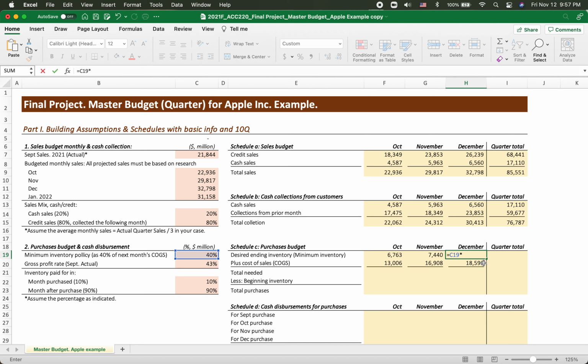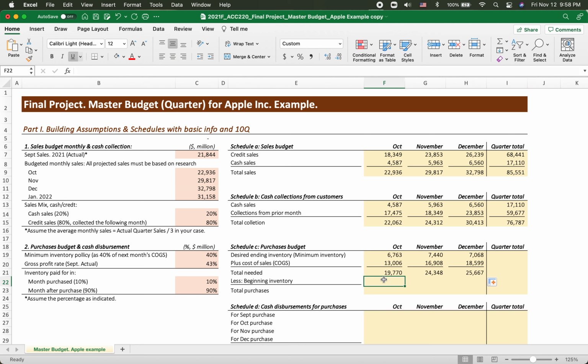So where is the January sales? There you go. January sales. Then times 1 minus, right, 43%. And so we got the cost of goods sold on January. Then just multiply 40%. Then we got the December desired ending inventory following this minimum inventory policy, right? So once we got these two numbers, the ending inventory and cost of goods sold, these two numbers are the total inventory needed,